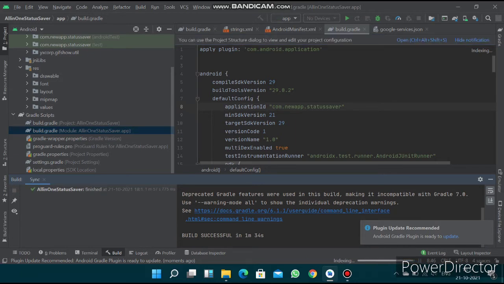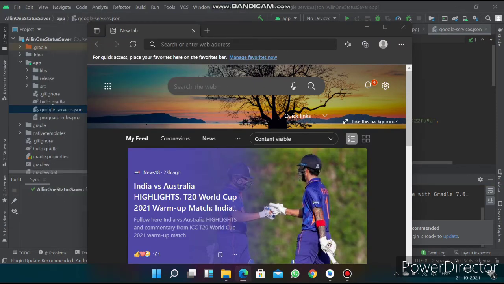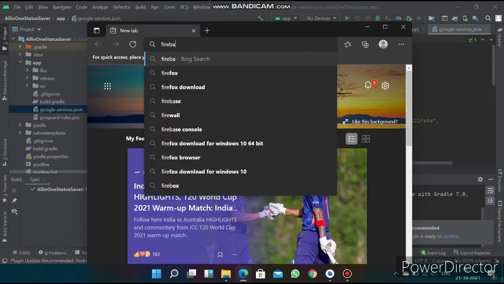So the next step is to create a Firebase app and link this app to Firebase. So for that you want to open browser, and type Firebase.